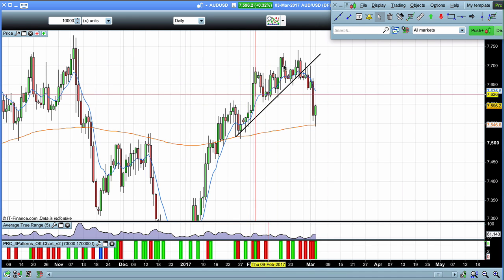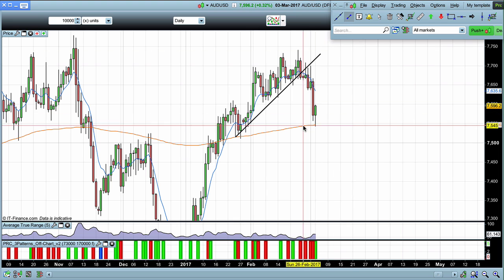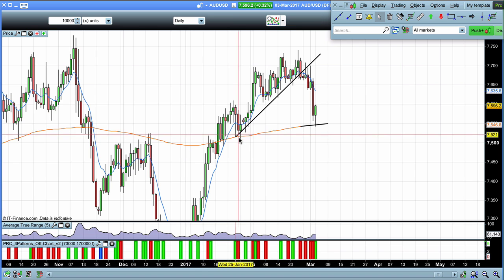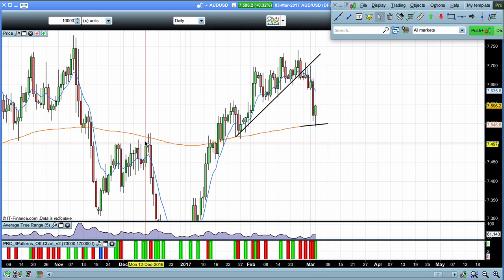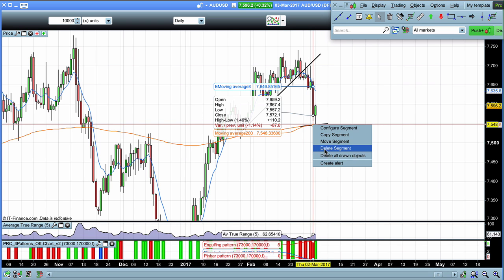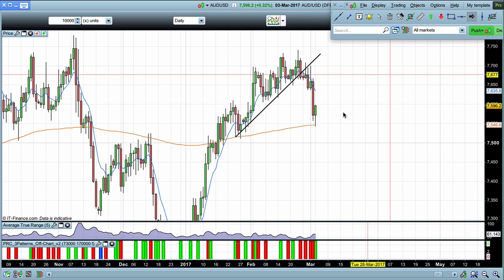Okay, so now that we've broken down, you can see we've found support on the MA200. Quite often this happens on the daily time frame. You can see find support here, finding support here, we found resistance here. Even as the market's coming down, it pauses on the level. As it's coming up, it pauses on the level. So we found support at these levels. If we start to see the market pressing back up,